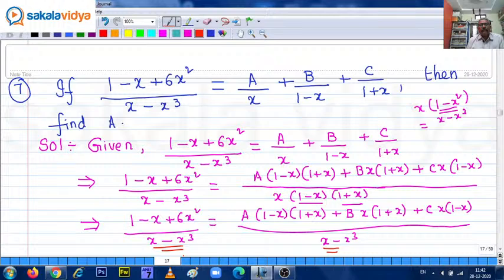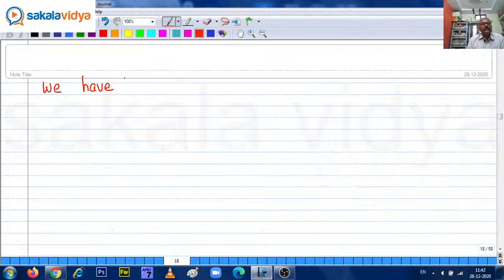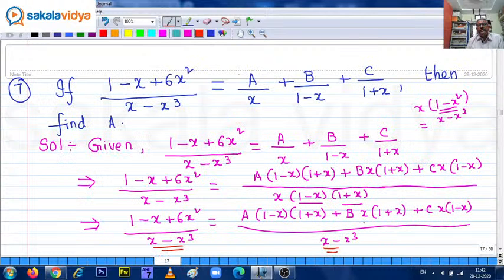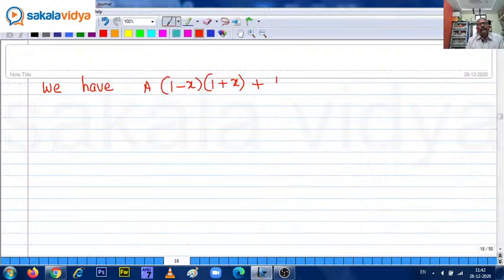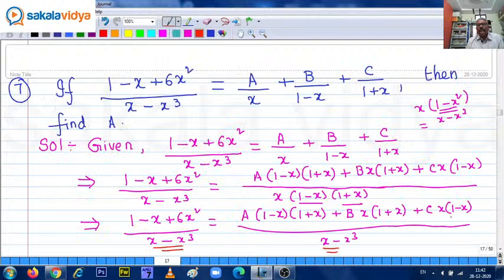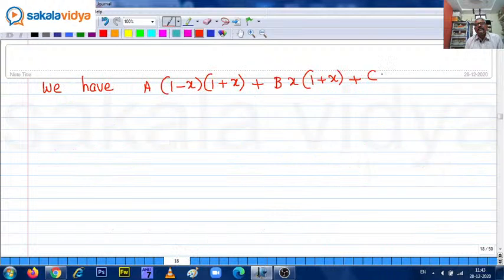A times 1 minus x into 1 plus x, plus, once again go back to the previous page, b times x into 1 plus x, plus c times x times 1 minus x